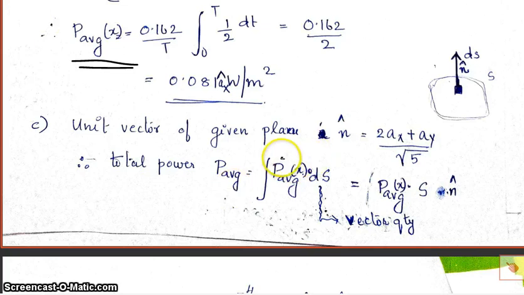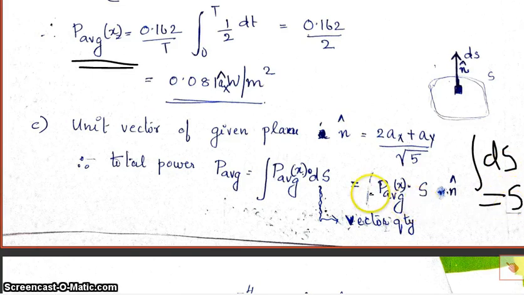So P average you got it as 0.081 ax. So that is a constant that you can take out. Then finally you will be having only integral of ds. So the integral of ds I can write it as what? S. Integral of ds is S. So when I remove the integral from this formula, I can write it as P average of x S into